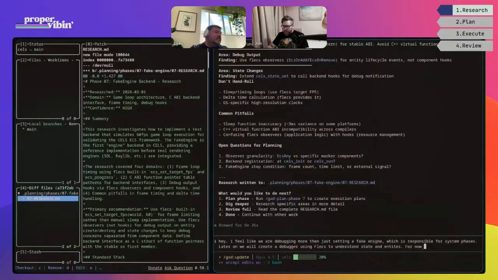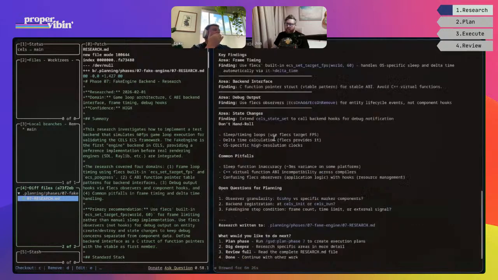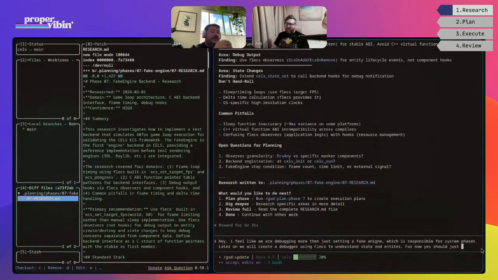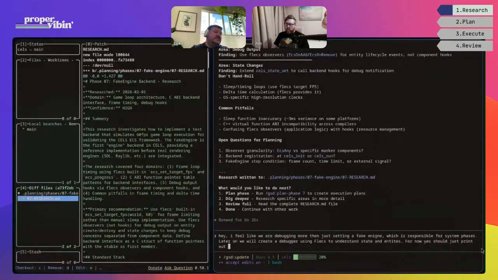For now, yes, we should just print out when things have been added, removed, and debug in the fake engine